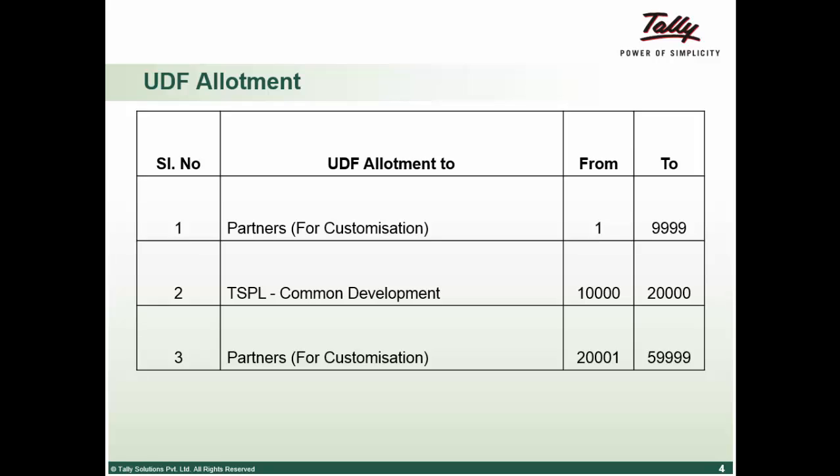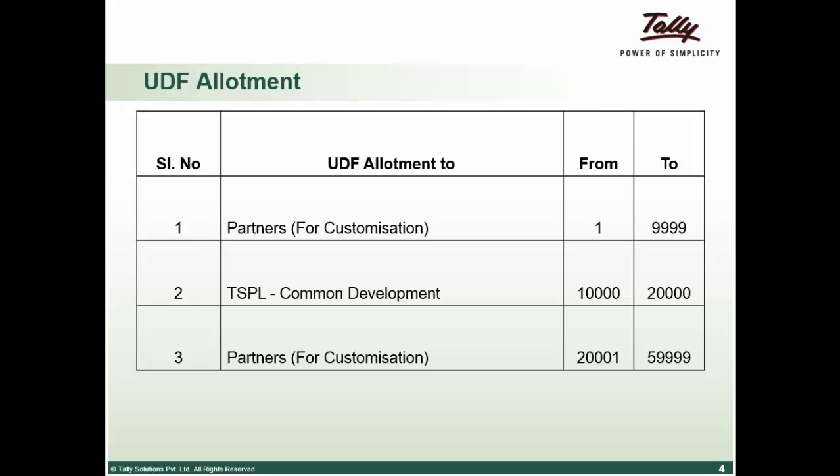That is for our internal development. So any UDF numbers between 10,000 to 20,000 cannot be used by the developer, and the developer has been made so sensitive that it will not allow you to use any UDF number between this, including these numbers. So from 10,000 to 20,000 you cannot use this index number. Rest all the index numbers from 1 to 9,999 can be used, and from 20,001 to